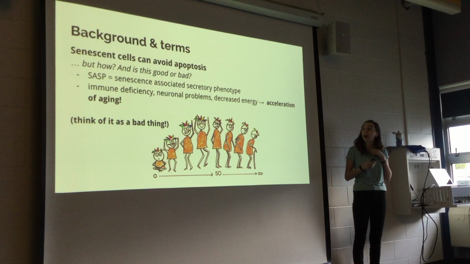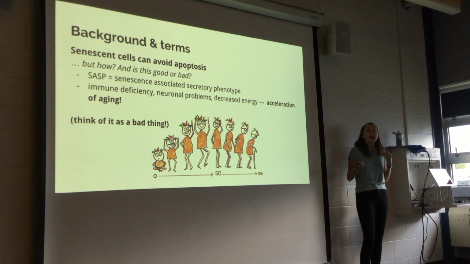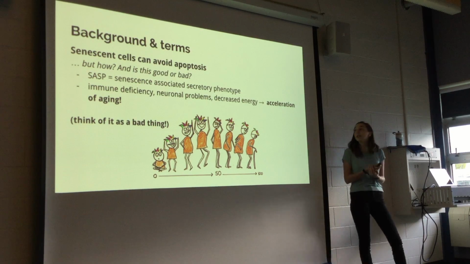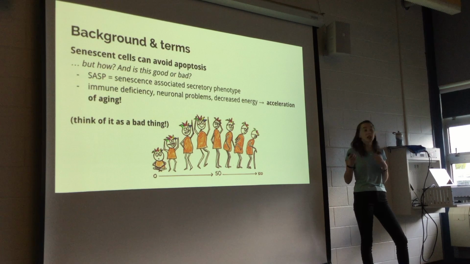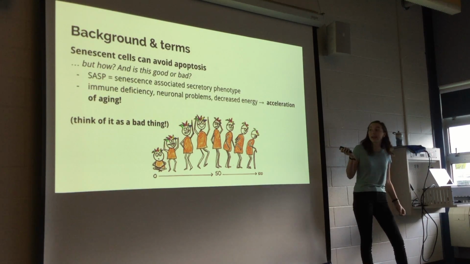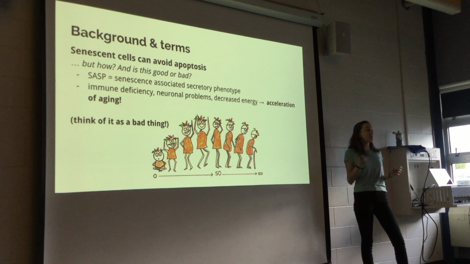And something else to keep in mind before we get into the paper is, is senescence a good or a bad thing? The answer is it depends, but as you get older, it tends to be a bad thing. Senescent cells begin to accumulate with old age, as I said, and as the damage starts to build up. Once there's a lot of them, they have an inflammatory effect called SASP, which just means that they're damaging the tissue around the senescent cell.